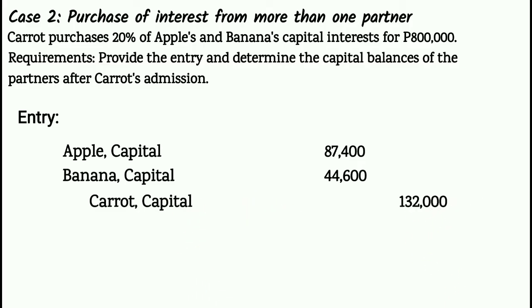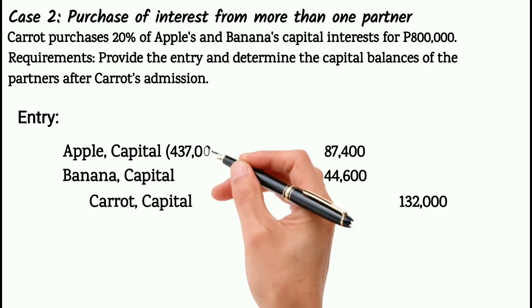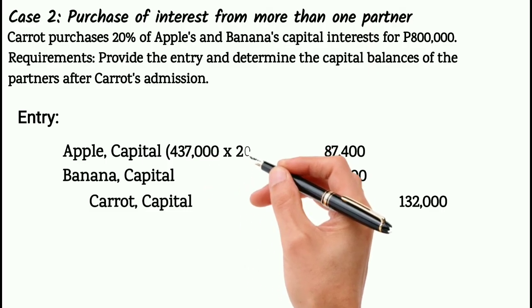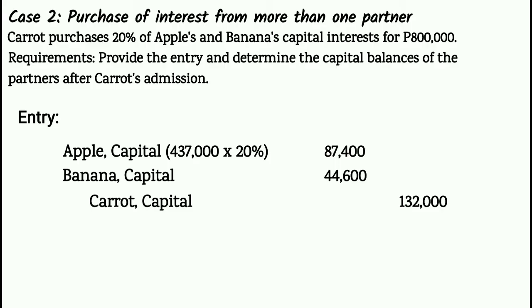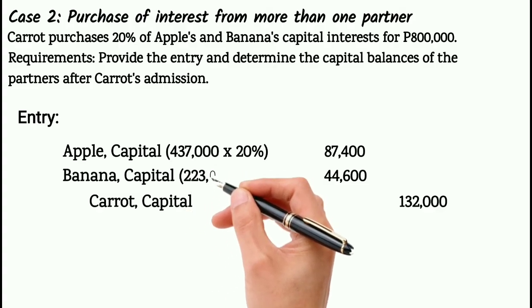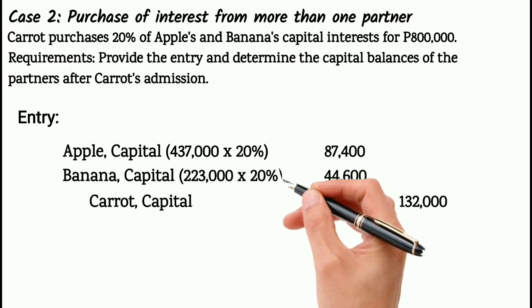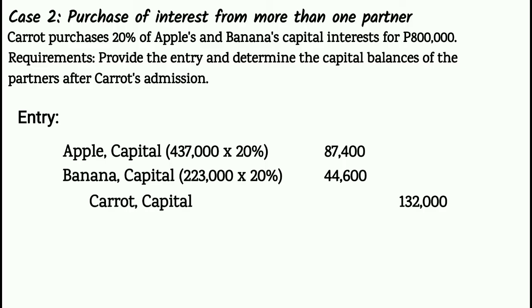132,000 pesos. How did we compute the 87,400? The adjusted capital before admission of Apple is 437,000 pesos. We multiply that by 20% to get 87,400 pesos. Next, how did we compute the 44,600 pesos? The adjusted capital before admission of Banana is 223,000 pesos. We multiply that by 20% to get 44,600